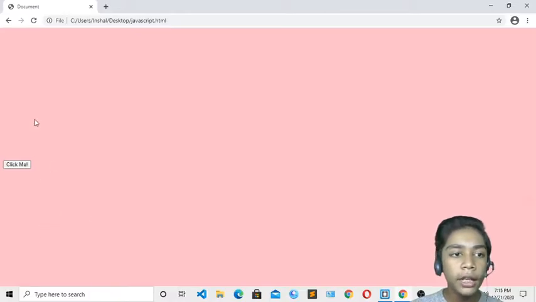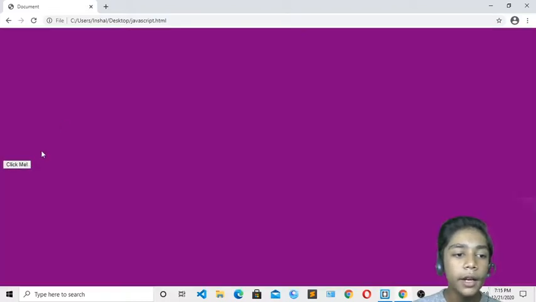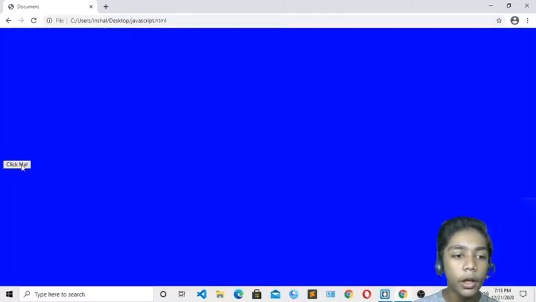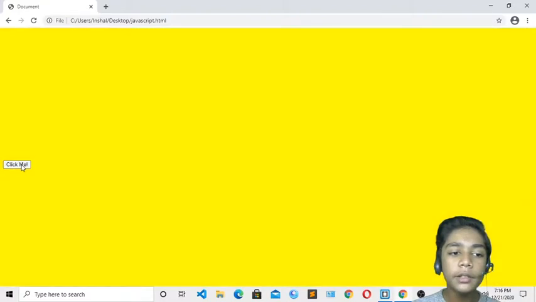Now over here you can see I have made this background color change like I am telling you, and over here this is a different background color change. Okay, like we have done that. So now the background color changes by clicking this button. If I click this button over here, you can see another color comes, like purple is coming. Now when I click it again, yellow color has come. So many different colors I have written in JavaScript.